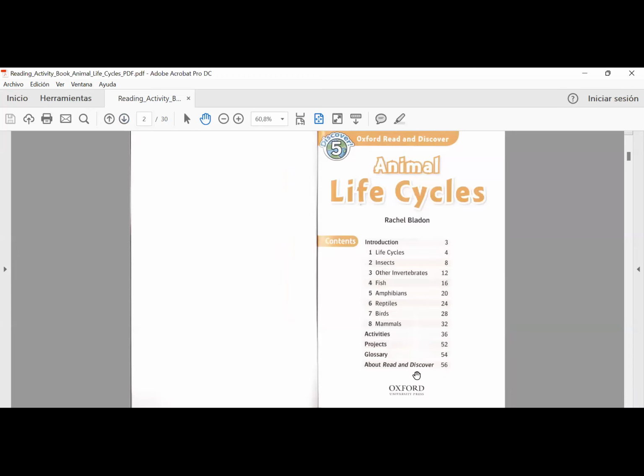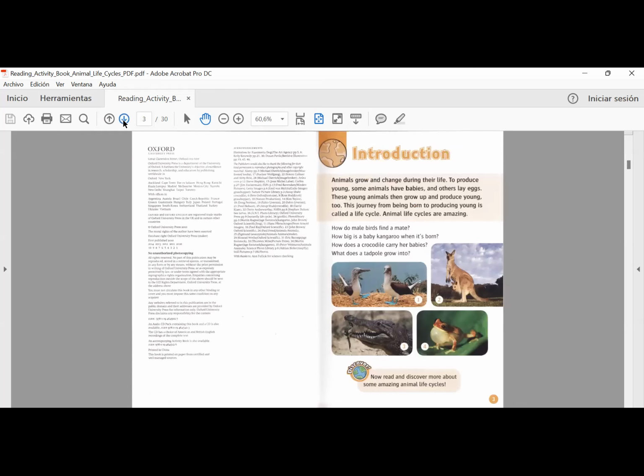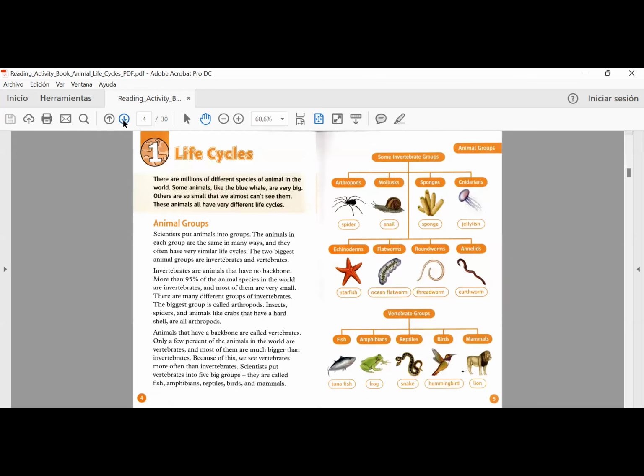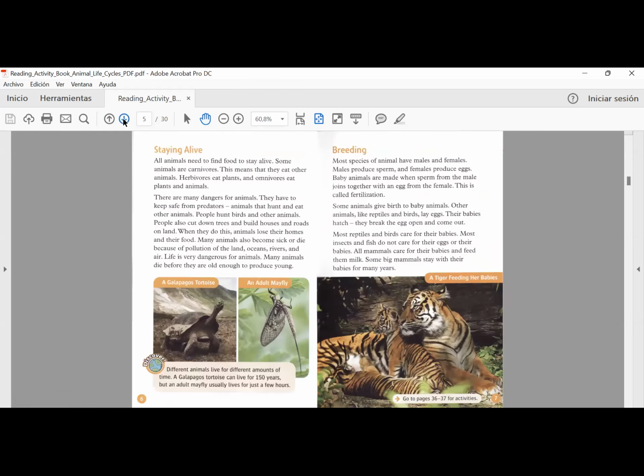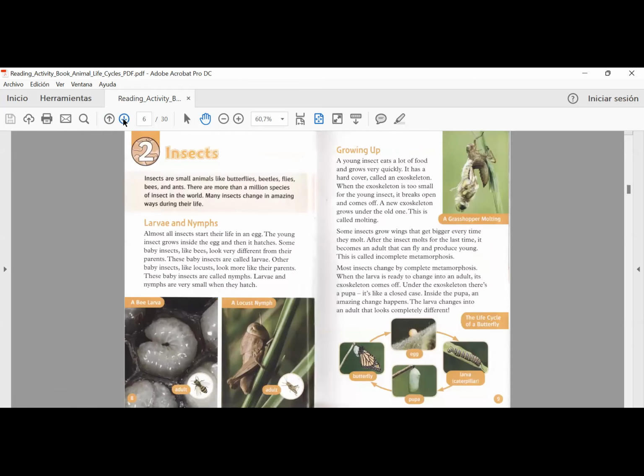Here you have the index with different chapters, life cycles, insects, other invertebrates, fish, amphibians, reptiles, birds, mammals. And then here on page 36, we have the activities, right? Let me show you very quickly. Ya, van a ir entonces leyendo y escuchando, capítulo por capítulo. Les voy a subir el audio de cada hoja, ¿ya? Por favor. So you go reading about life cycles, about insects,